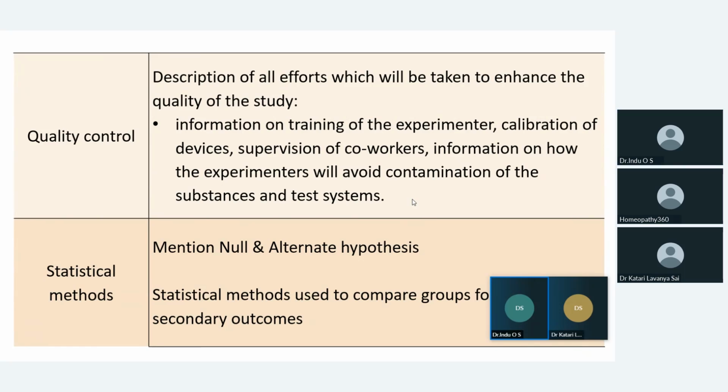So in that we have to see whether this particular weighing balance is calibrated or not. From that point onwards, we have to be very careful. Then while chopping this particular part, and while preparing this mother tincture by adding the proportionate alcohol, all those things we have to see to avoid contamination. It is very, very important while doing this kind of experimental research.